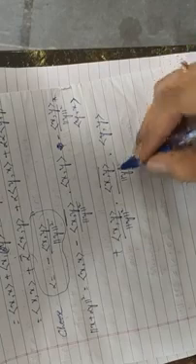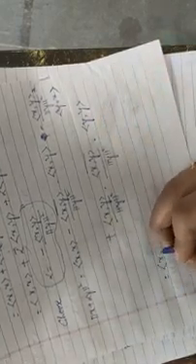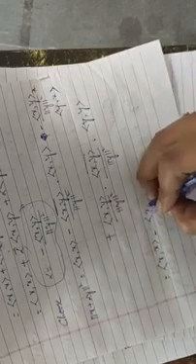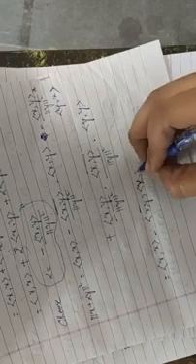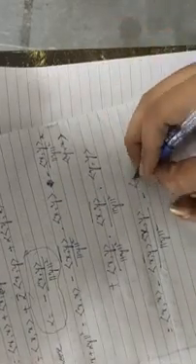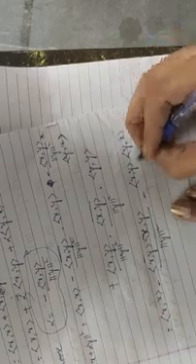So now I will simplify this further, inner product of x comma x minus inner product of x comma y whole bar into inner product of x comma y by norm y square minus inner product of x comma y into inner product of y comma x by